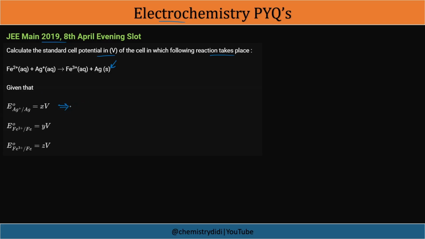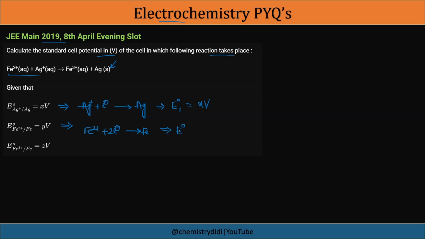Let's try to write the equation, and we need a cell potential for this particular equation. After writing these equations, we need to do some mathematical manipulations in order to get this particular equation. Let's write it: Ag plus getting converted to Ag, and here they have given the cell potential. Let me write it as E naught 1 for simplicity. And here Fe2 plus, by gaining 2 electrons, is getting converted to Fe,